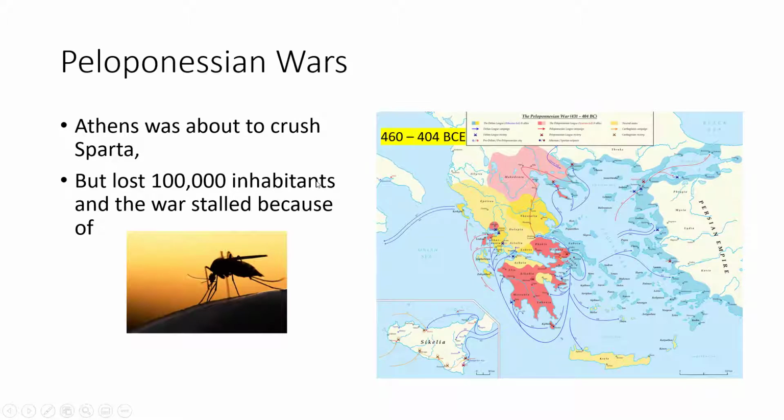Afterward, Athens and Sparta ended up turning on each other during the Peloponnesian Wars of 460 to 404 BCE. Here again, the mosquito played a major role in determining the outcome of crucial events. In 430 BCE, the Athenians were on the verge of victory when a terrible plague struck their city, killing up to 100,000 inhabitants, which was 35% of the population. The cause? Most likely either malaria or a mosquito-borne disease similar to yellow fever.